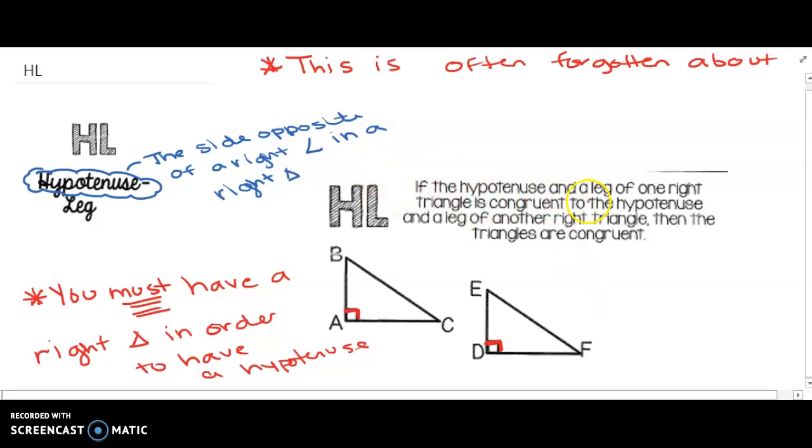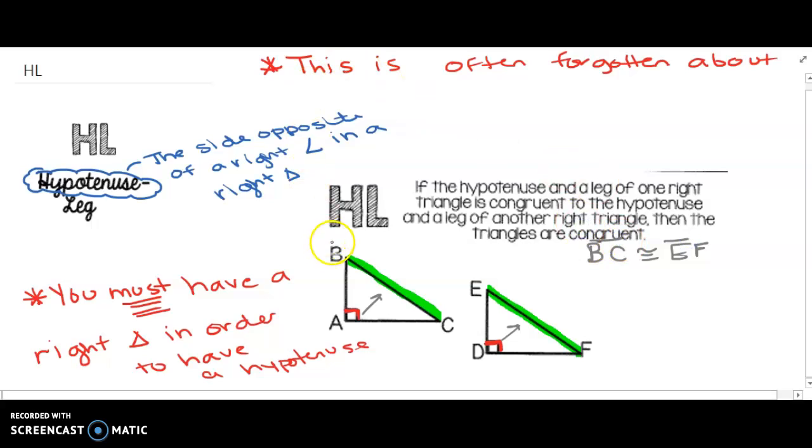It says if the hypotenuse and leg of one right triangle is congruent to the hypotenuse and leg of another right triangle, then the triangles are congruent. So the hypotenuse of this triangle and the hypotenuse of this triangle, which is what I just highlighted, remember it is opposite of the right angle. Those have to be congruent. So I know if BC is congruent to EF,